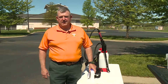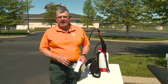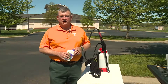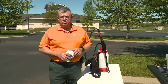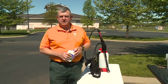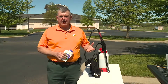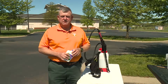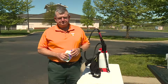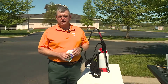So what we'd like to do today is give an example or show folks how they can accurately apply an herbicide or pesticide, such as a weed control product, to their home lawn. In order for those products to work correctly, certain things have to happen. The product has to be applied to a pest that's susceptible to that product, otherwise it won't control it. It also has to be applied at the right time, the right stage of growth of that particular weed pest. And it also has to be the right dose, the right amount applied per unit of area. And in order to do that, an individual has to know what the output of their piece of